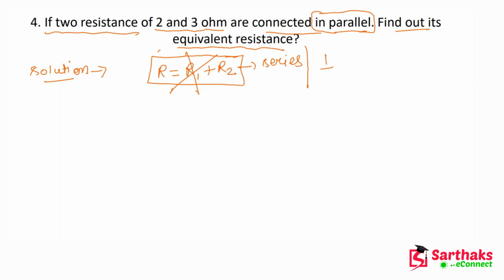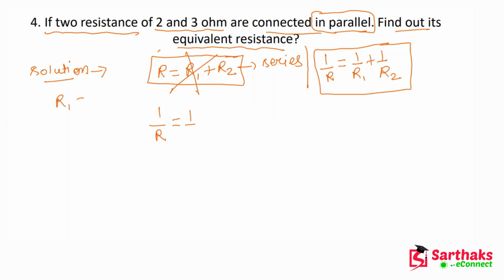So what you have to do is apply this formula: 1 upon R equals 1 upon R1 plus 1 upon R2. This will be our formula. Let me apply this. 1 upon R equals 1 upon R1, and R1 is 2 ohm. And what is the value of R2? R2 is 3 ohm. When I solve this, I will get